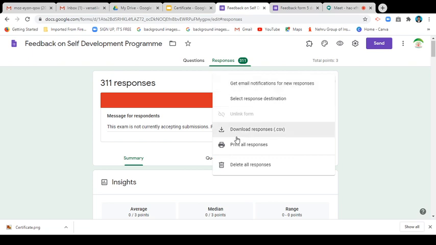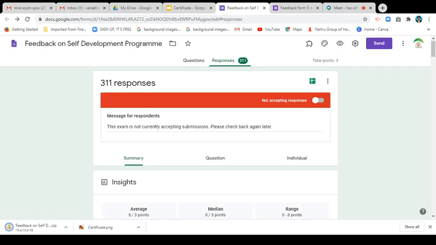You can get the participant details in two ways. One is you click create spreadsheet, or you click this more button and download responses as a .csv file. You click it, and the responses will be downloaded automatically. You can save the respondents into the same file.